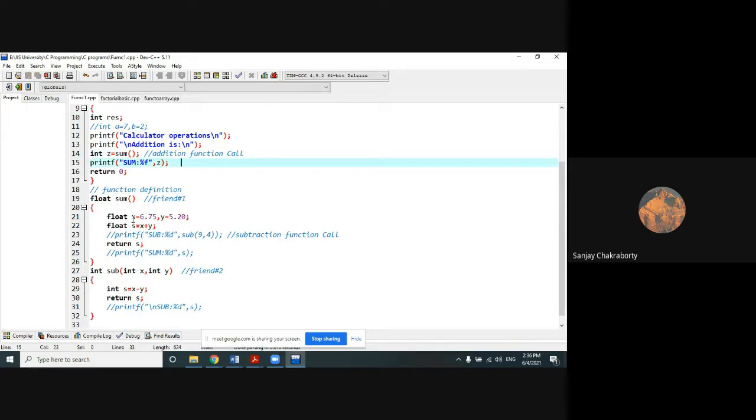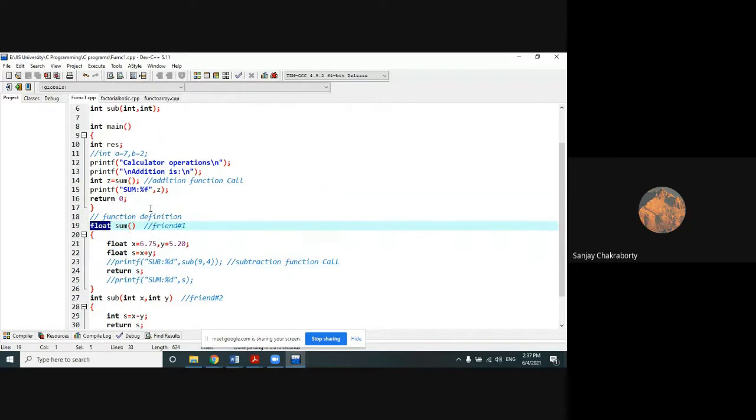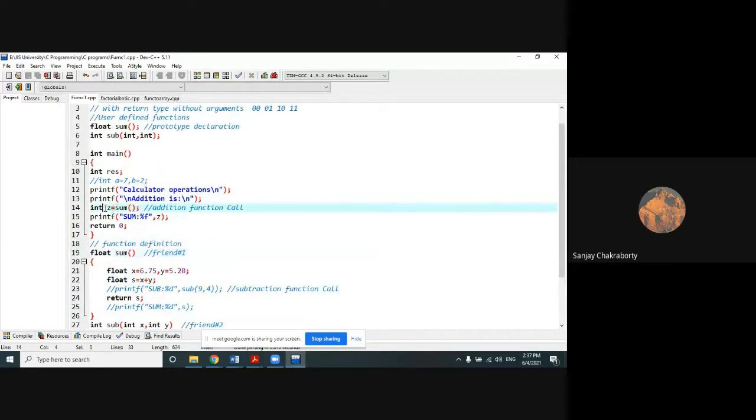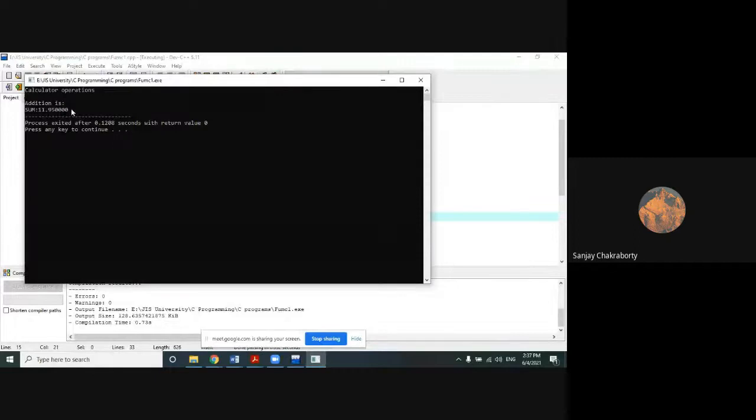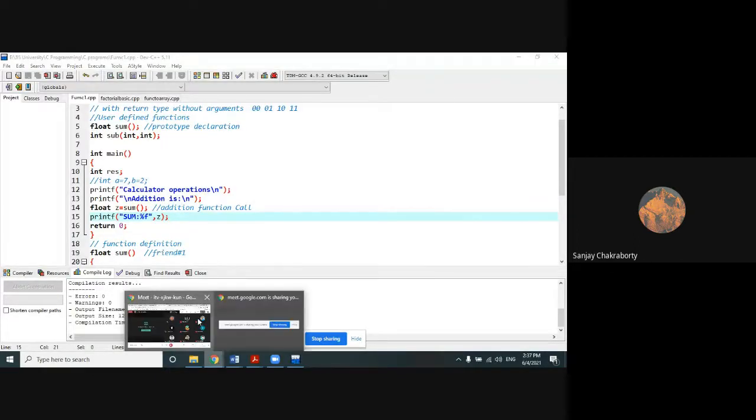So why is it not running? I have defined x 6.5 and y 5.20 as local variables of this sub function sum, then performed the addition and stored it into another float variable s, and then returned the float variable s. So I have given the return type successfully here. Oh, I have received it with integer z, that is wrong. I should have received it with float. Yes sir, again type mismatch. That's why it gives 0. Right, now it will give the correct result. Okay, clear everyone?